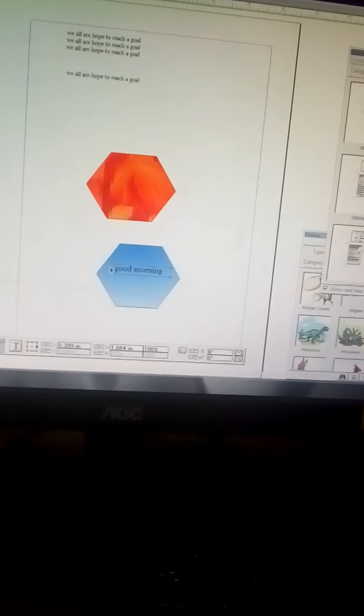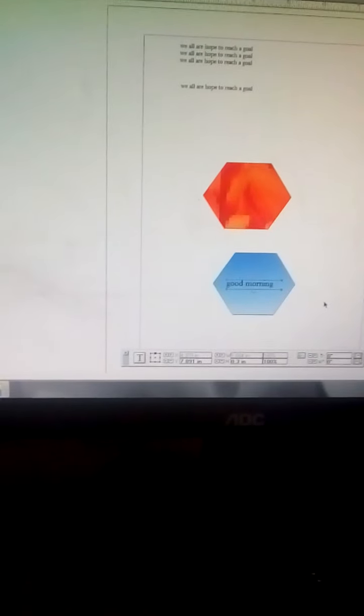You click here and extend that. Now that will come in one single line. Click and drag and keep it in the middle. So this is placing text in a frame.